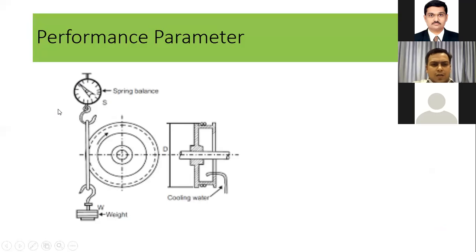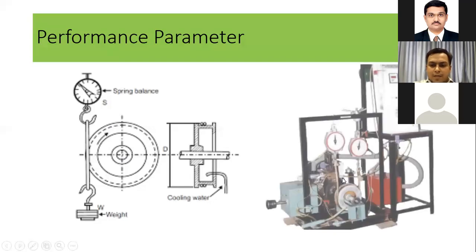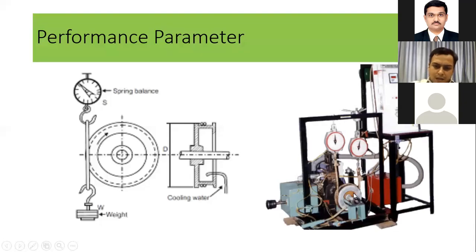Now this kind of figure is given in your book, which is of the rope brake dynamometer. In actual practice, suppose this is an engine, and this shaft is the engine output shaft. We have this kind of apparatus. We have this drum and this rope, so it is called a rope brake type of dynamometer. One end is a dead end, another end is a moving end. We use two different weight scales.